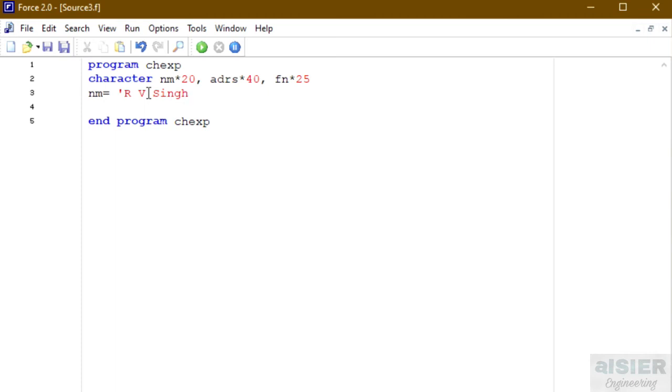Enter. Then we will write name is equal to, in single quotes, RV Singh. Enter. Then we will write address. For address we will write ADRS, address is equal to, in single quotes we will write 12A, comma, SB colony, comma, Malgudi.